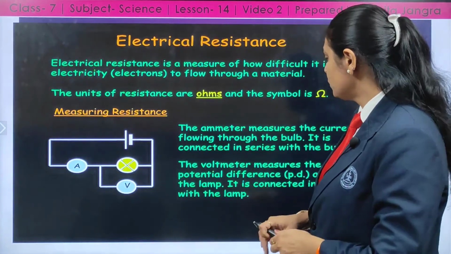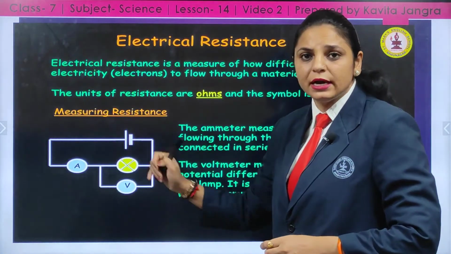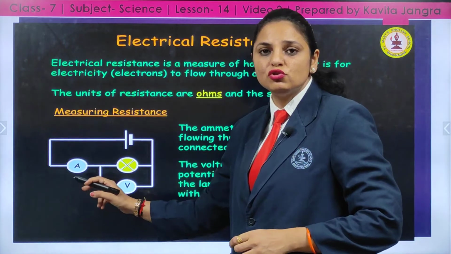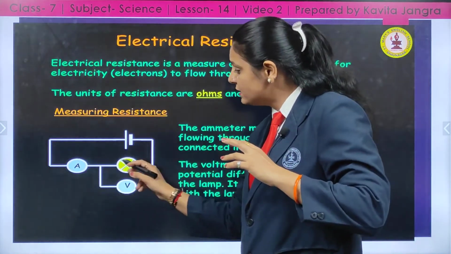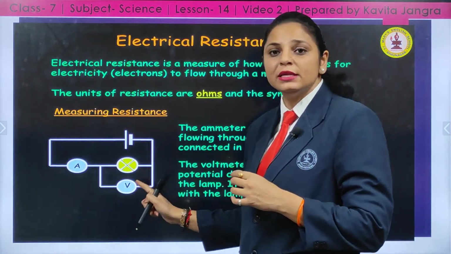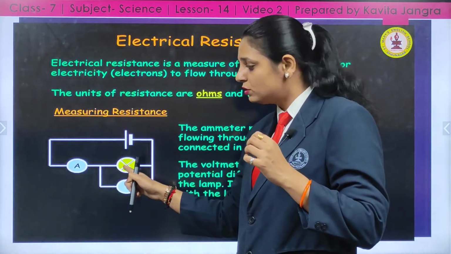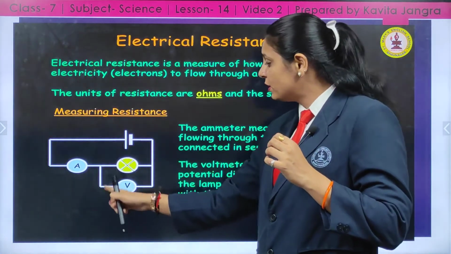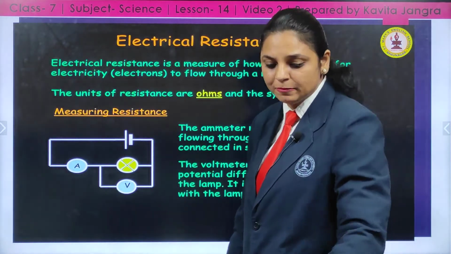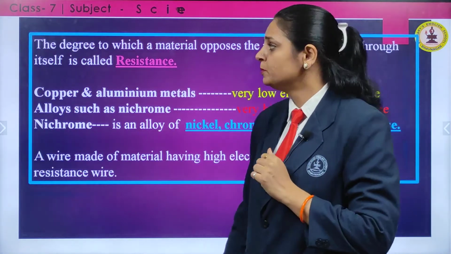Here is some extra information. If you want to measure the current, what do you have to connect? You have to connect the ammeter. The instrument ammeter is used to measure the current. This ammeter is always connected in series to the appliance. Secondly, if you want to measure the voltage, that is, the potential difference, when the current passes through this side and exits from this side, what is the potential difference between the two ends? So it is always placed parallel to the appliance. So the voltmeter measures the voltage, and the ammeter measures the current.